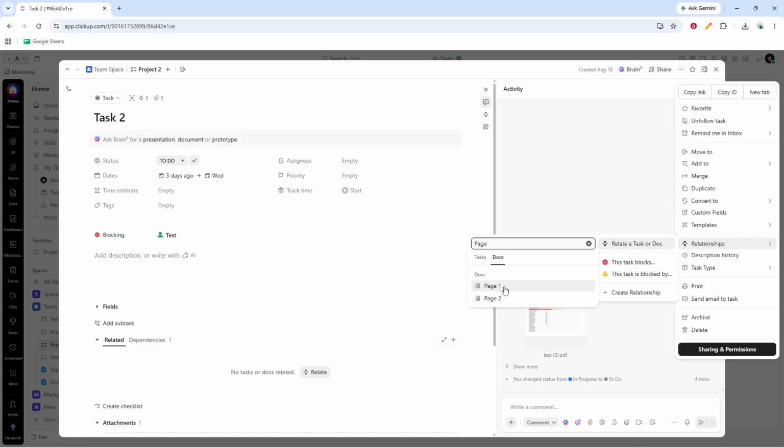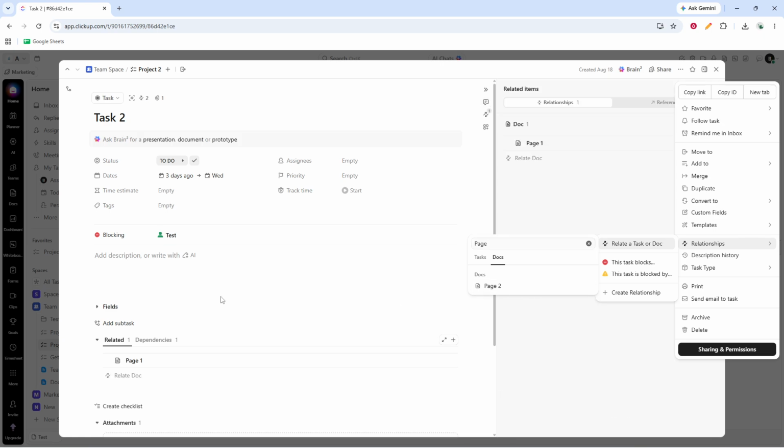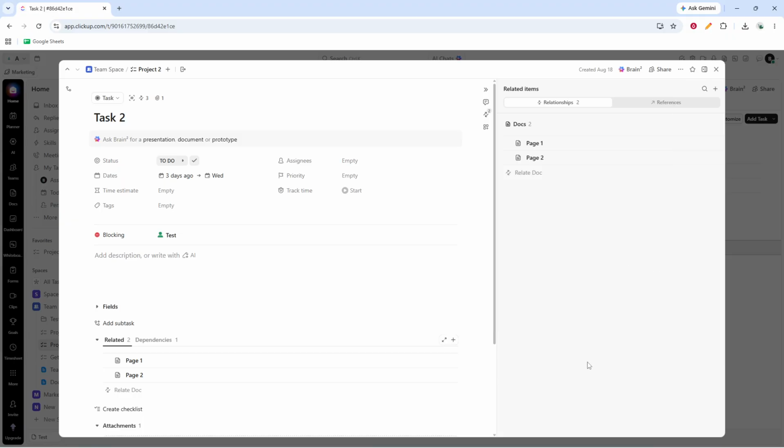ClickUp will immediately add that doc as a related item, so there's usually no extra confirmation needed. After that, you can view the document in the Tasks Related section. This is where connected items appear, making it easy for you or anyone else working on the task to access the document later. Keeping related docs attached to tasks can improve organization and reduce confusion, especially when working on detailed projects or collaborating with a